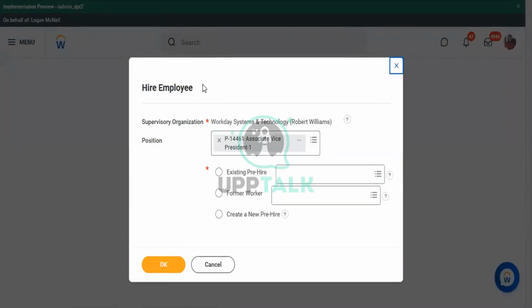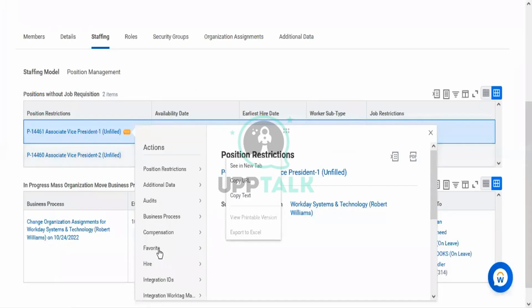When you see hire employee with this task, exit pre-hired former worker, create new pre-hired, these are the default options. When you see these options under hire employee, it means that this is the actual task that you need to hire an employee. But if I go to the other one, let's say the very first one,